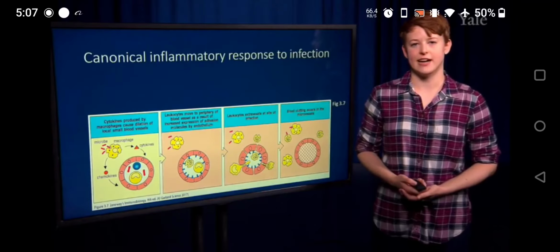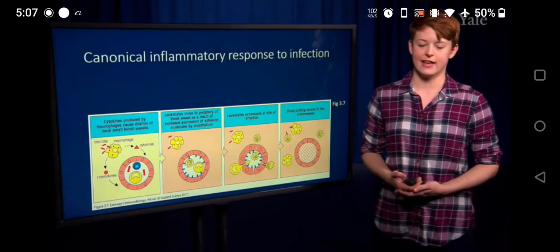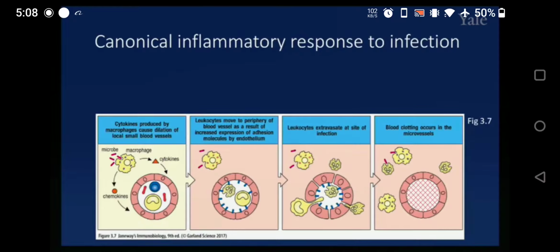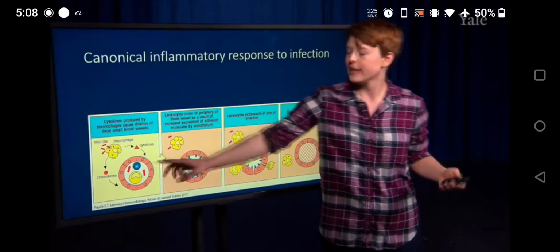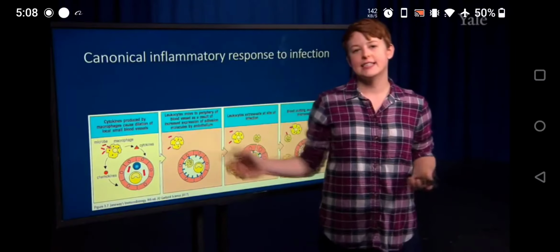So we'll first start out talking about the canonical inflammatory response. And this is the most well-studied response, and it's typically to infection. And here, this is from chapter 3. You guys will have seen this when you discussed the innate immune system, but this is an example of the initial response. So if we have a microbe, the macrophages or other innate cells will come in, sense the microbe,